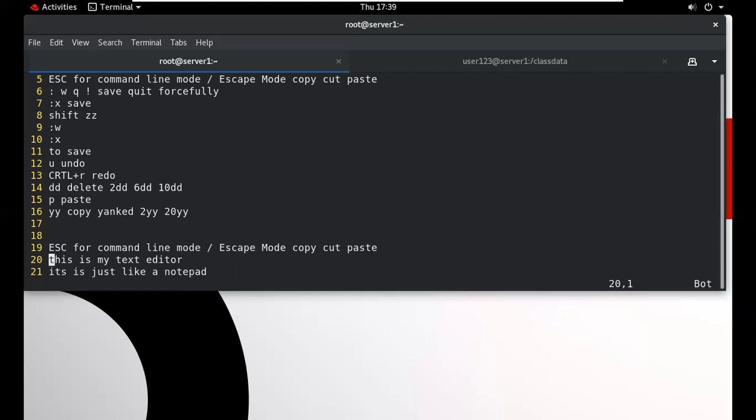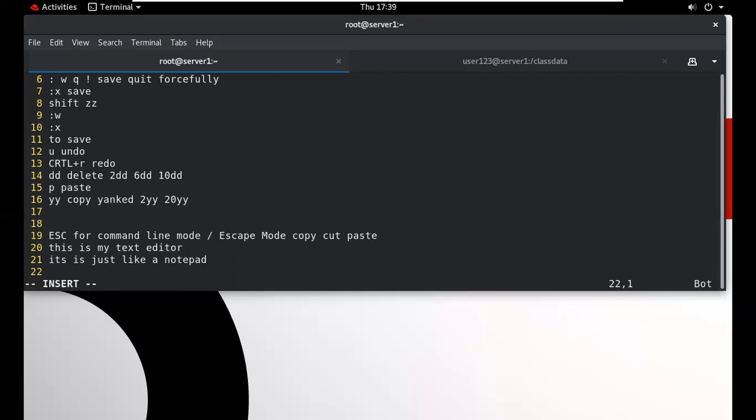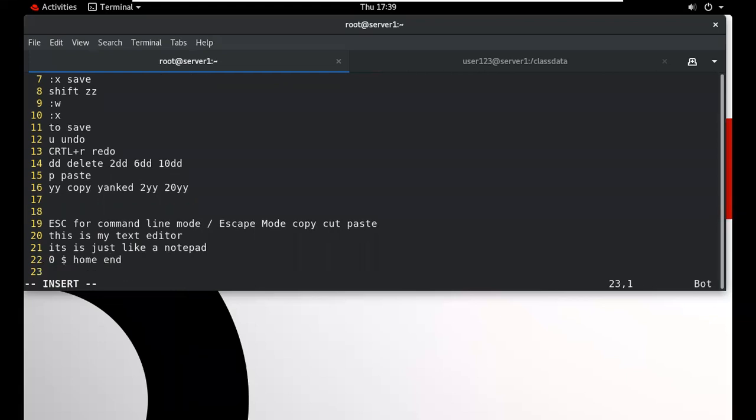When we type the end button from the keyboard, we move to the end. We can also use 0 for start and $ for end. We can also use the home button for starting and the end button for the end of the line. So these options we can use.